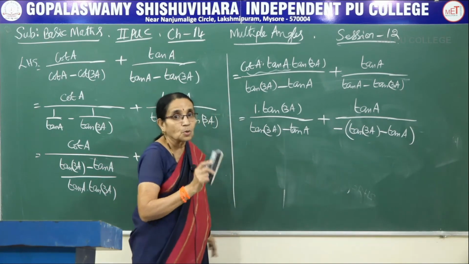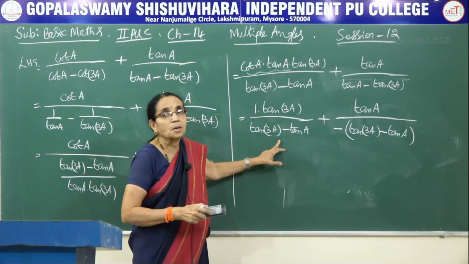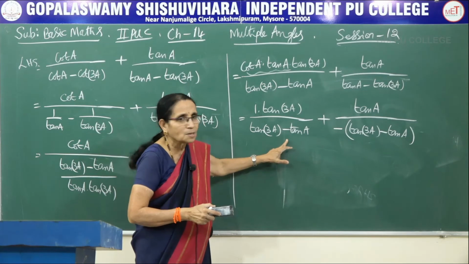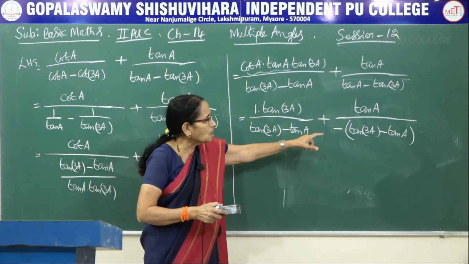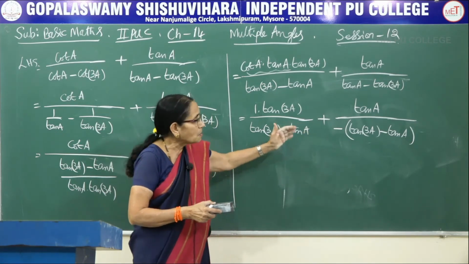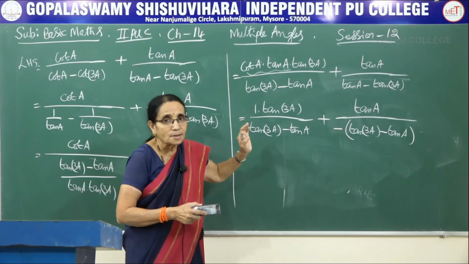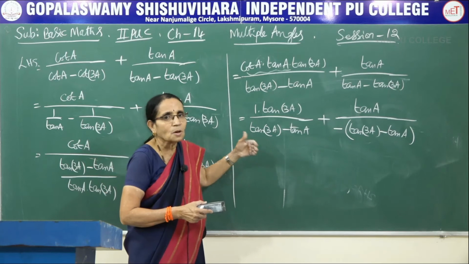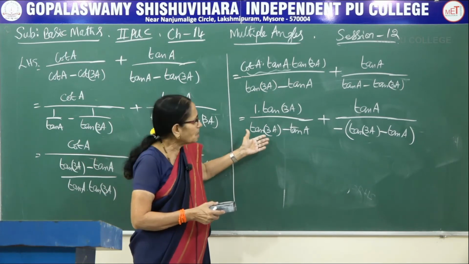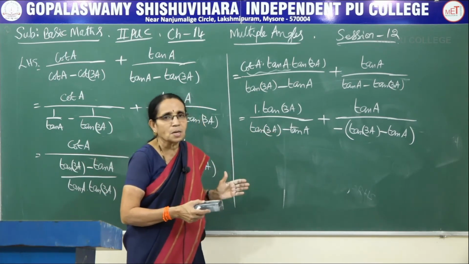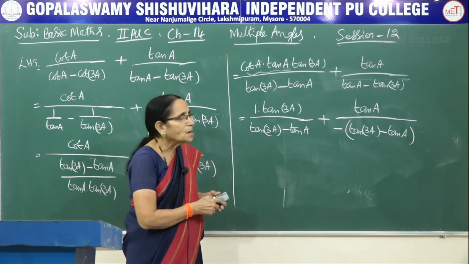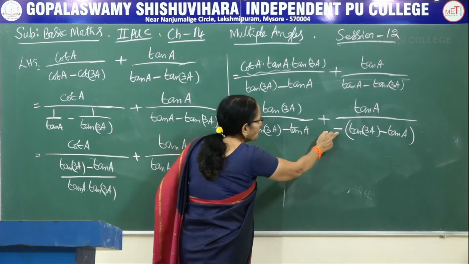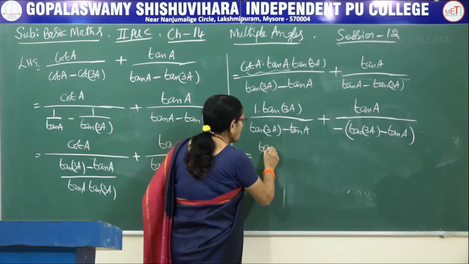The reason for doing this is, look at the first denominator. It is tan 3A minus tan A. If you have the same denominator there also, the common denominator becomes the LCM. Otherwise now you have to multiply both the denominators, which is not required at all. See that if you can get a common denominator, which automatically becomes the LCM. Now plus of minus, so that becomes minus.